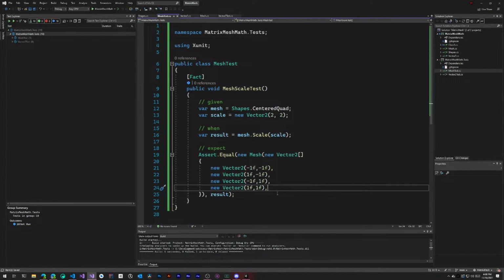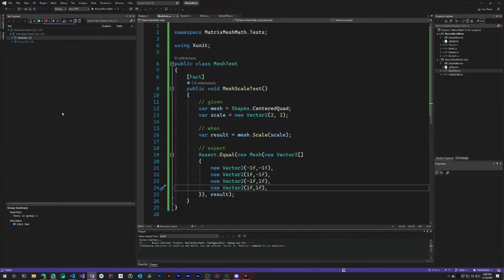I don't think we'll get into that because I'm intending to do 90-degree rotations, so we can flip things and rotate things. Not this, but we'll see. Anyway, there is our mesh scale test. Hopefully this just works. So if we run this,